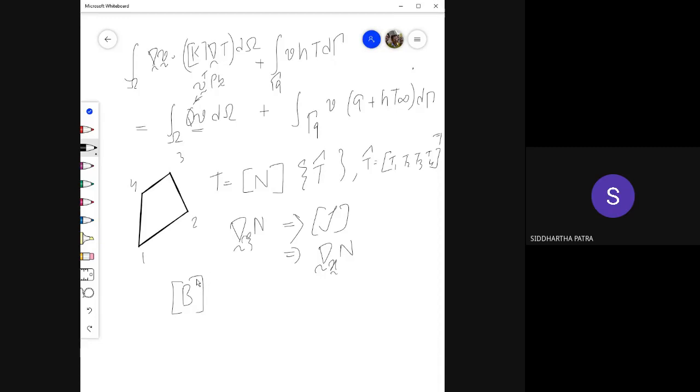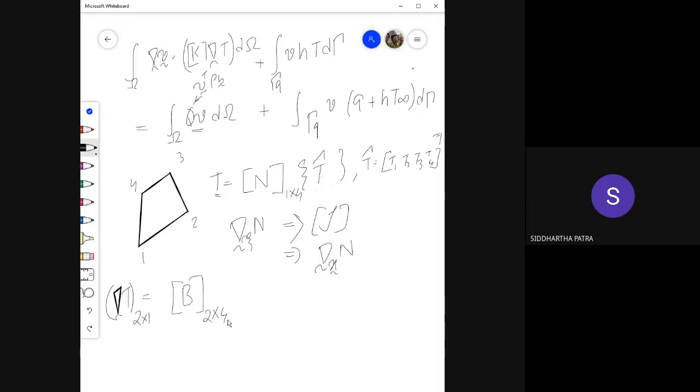previous one. Here we are doing a 2D analysis. So the gradient of temperature, sorry, no, T is not a vector. So the gradient of T is going to be a 2 cross 1 vector, and because it is a 2 cross 1 vector, here the B matrix is going to be 2 cross 4. This N vector also is going to be a 1 cross 4